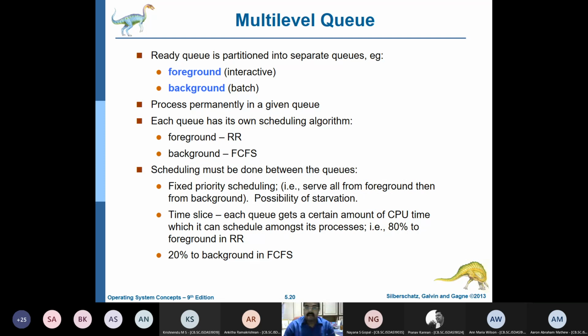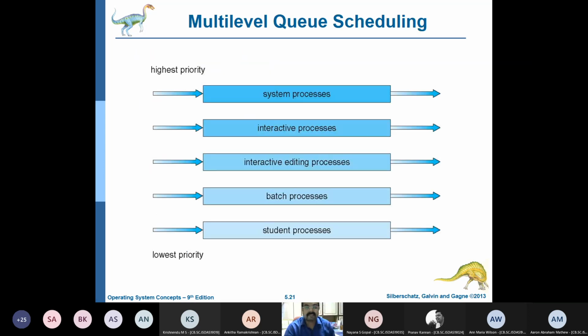So in a multi-level queue, you can have foreground using round robin and background using FCFS. So you have divided the ready queue into two parts, and you can also have different algorithms. If RR causes starvation, you can use FCFS and time slice. Like that, you can have mixed kinds of things in the multi-level.